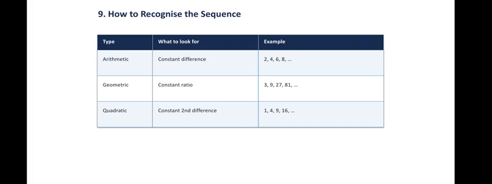So for the other two, arithmetic and geometric, we find the difference once. But for quadratic, you're going to look for it twice. So you're saying that it's now going to have a constant second difference. So we're saying that when you're asked to find,